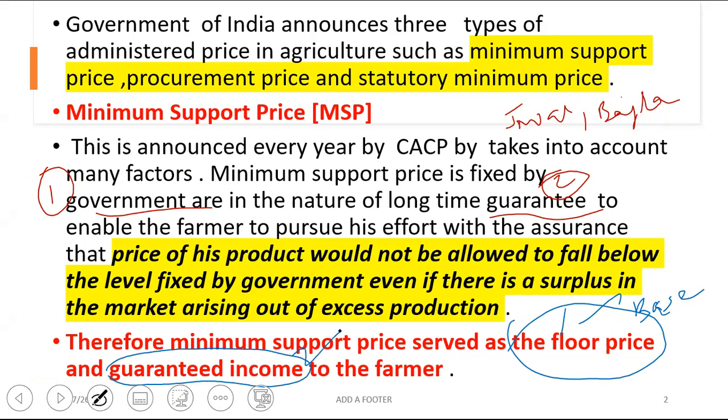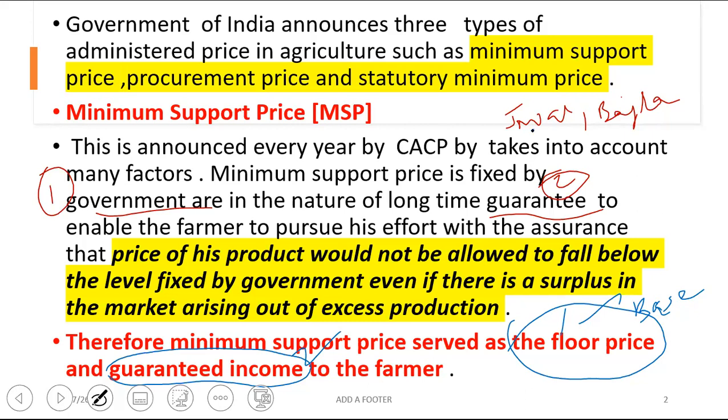These are the 2 points which you will have to conclude about minimum support price. Point number 1, it is considered as a floor price, मतलब base level में आता है वो price. Second, it is providing guaranteed income to the farmer. So again I am repeating. Why did the government fix the minimum support price? It is one of the best initiatives taken by the government. खेती के पहले फार्मर को प्रॉमिस देगा